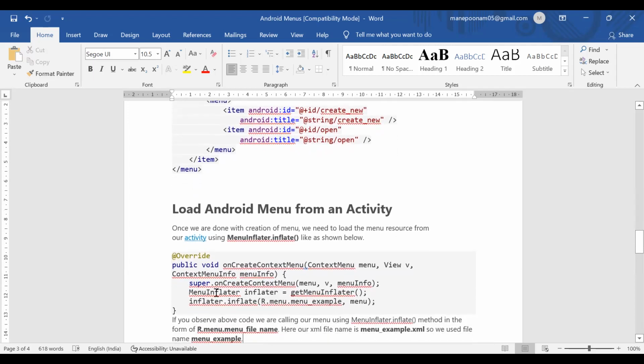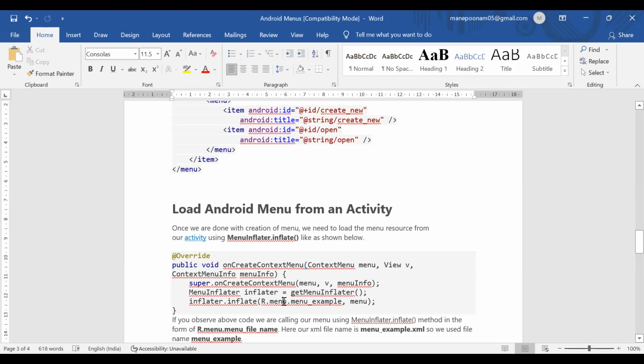And here we create an object of MenuInflater: MenuInflater inflater equals getMenuInflater. This MenuInflater is used to embed the menu on the screen. For that we use the inflater object and the inflate method.